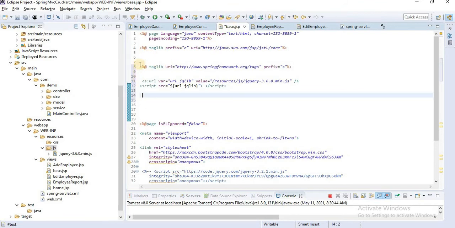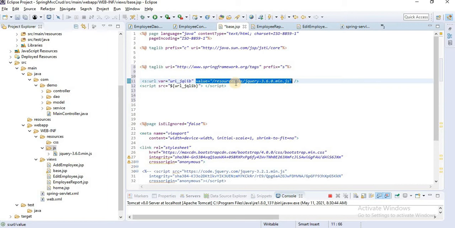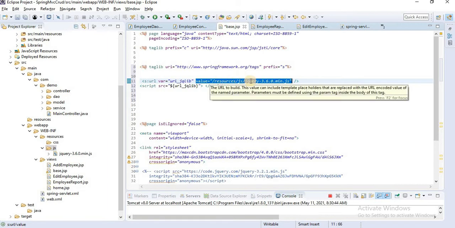The first line is for creating a tag library, Spring Framework tag lib, with a prefix s. In the second line we use s:url to create a variable, then we add our jQuery file, resource/js/jQuery.